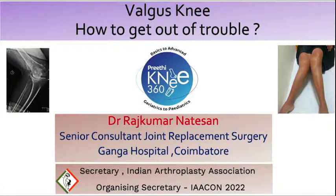10 to 15% of total knee replacements are for a valgus knee, the incidence says. And this kind of deformity, the Windswept deformity, is so common in our part of the world: one side varus and the other side a valgus deformity. And if you look at this slide here, I've shown it as a